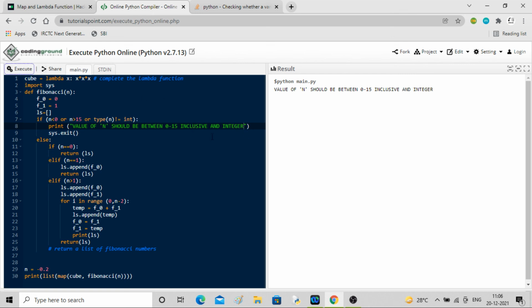Now let me execute. See, it is also working for non-integer type values. Let me write 2 now. It should work properly. So that's the better, clean code.